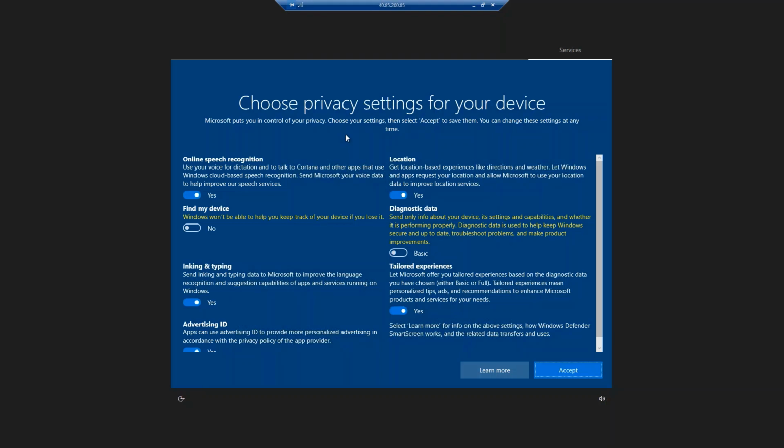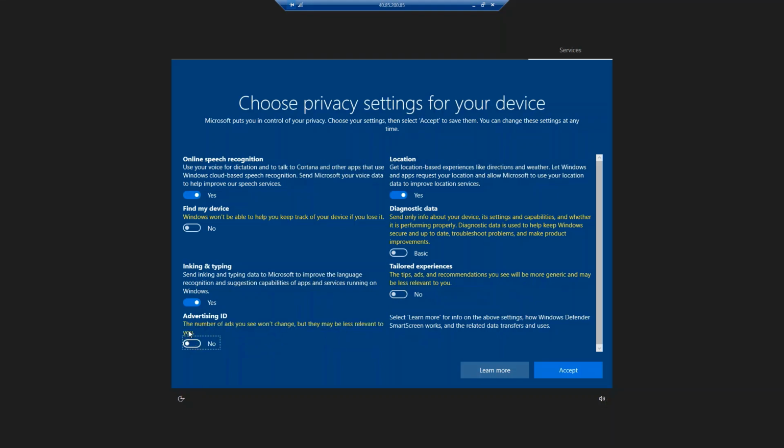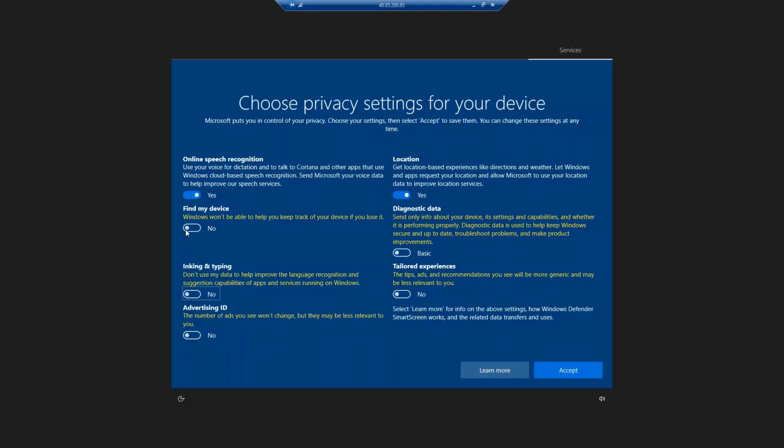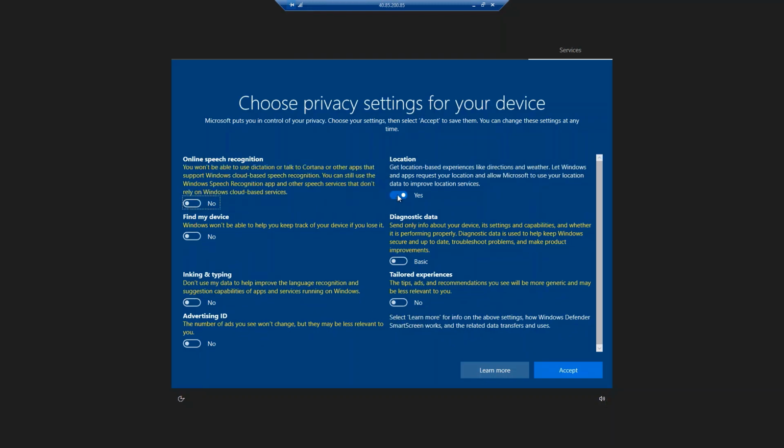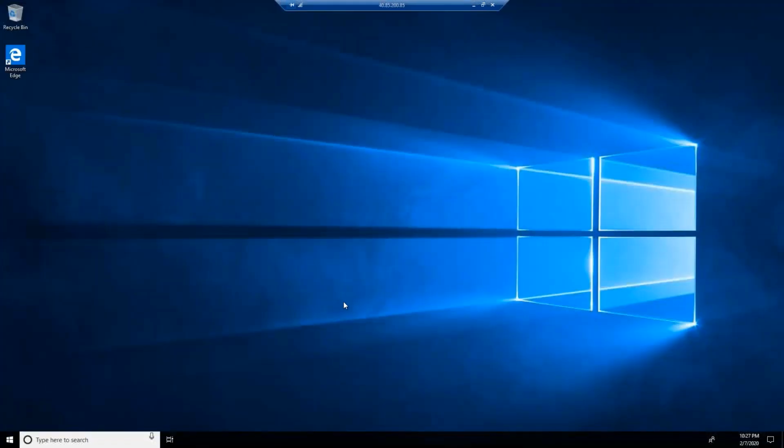And so here it is, because I just set this up, it's as if I'm running Windows 10 for the first time. So these are some Windows 10 setup questions. I don't know what they all mean, but they all sound like things that I don't really care about. Sending stuff to Microsoft. I'm not going to do any speech recognition. I don't care about location. I mean, you could do that if you wanted, but this is a working computer, so I say accept, and